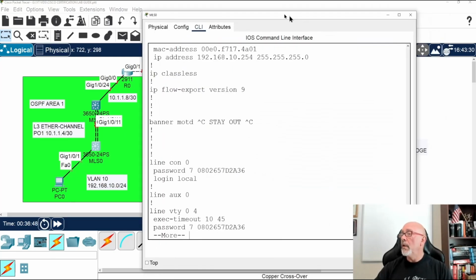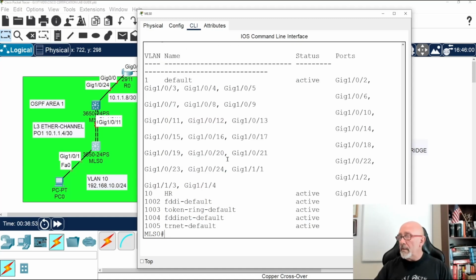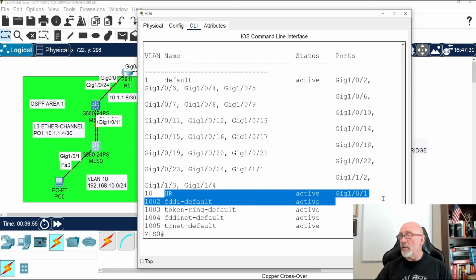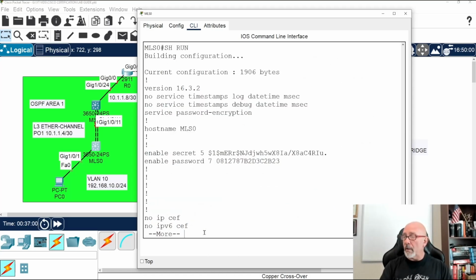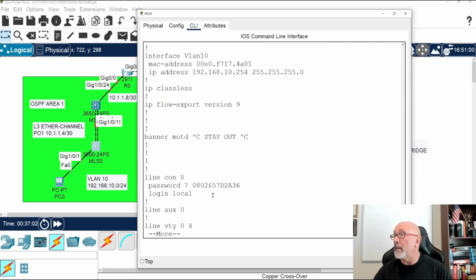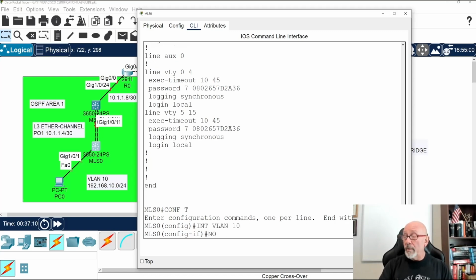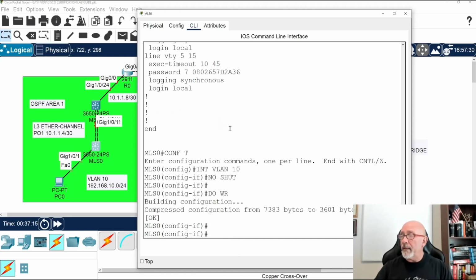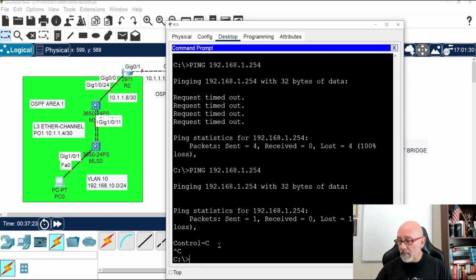All right, let's come up here now, Control C, show VLAN brief. We can see that VLAN 10 HR is on G1/0/1. Then let's take a look again at the bottom of show run. I'm just going to hit spacebar to take me all the way to the bottom. Show IP interface brief I could have done. All right, so I'm going to do this. Config t, int VLAN 10. Why? I don't know, but okay, no shut. Watch what you type. Let's come back in here. Oh, I'm typing the wrong IP address.